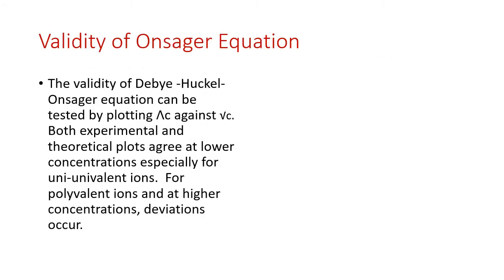And this Onsager equation can be tested by plotting lambda C against square root of C. So if you plot lambda C against square root of C,